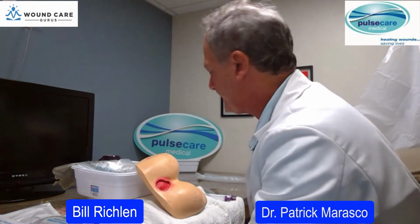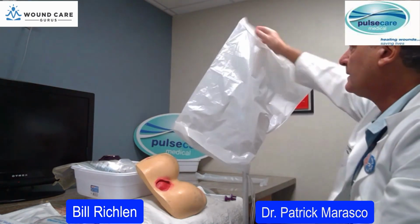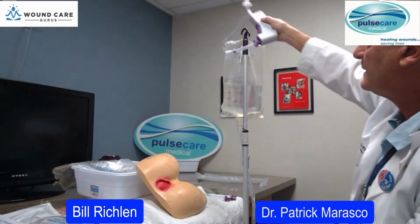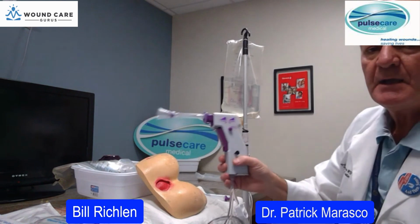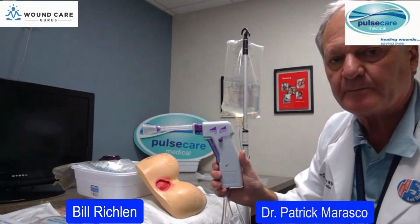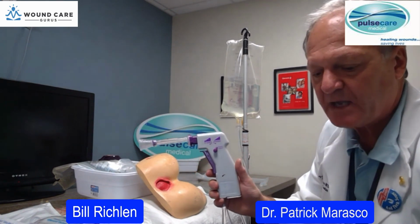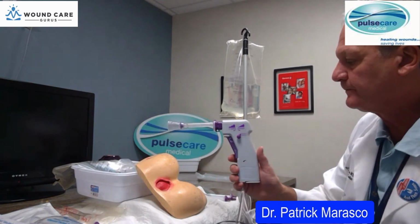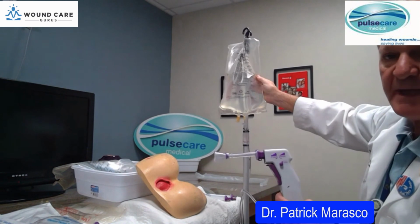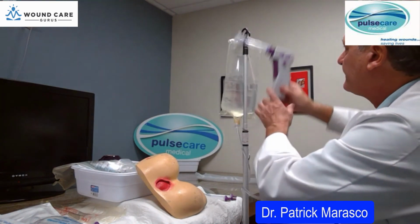With this setup, you also have an irrigation unit. This is preset for the 15 psi that we're talking about. And it is adjustable, so that if your patient is having some discomfort, you can back off on the pressure. Once this is set up with a 3-liter bag of irrigation quality normal saline,